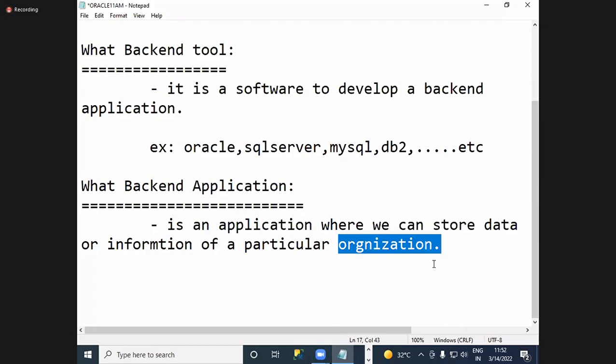If I want to develop one database application for an educational department, like universities, what kind of information can I store about a university? We are developing one database application for one particular university, for example JNTU Hyderabad. So if I am developing one database for that university, what kind of information can I store?